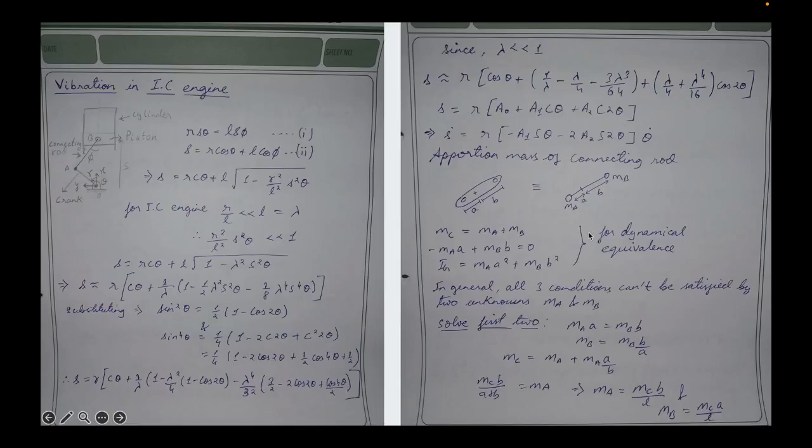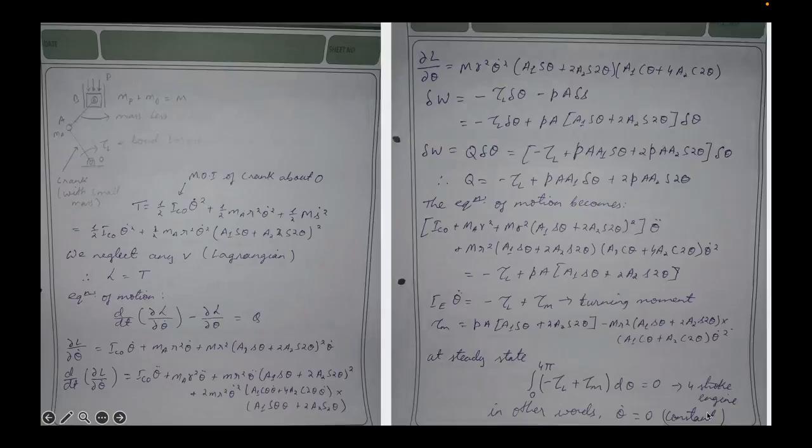So for the dynamical equivalence, we can write three equations for the moment of mass. In general, all three conditions can't be satisfied by the two unknowns, that is MA and MB. By solving the first two, we can get MA and MB as follows: MA is equal to MC plus MC into B by L, and MB is equal to MC into A by L. And if we want to find the equation of motion, we carry out the moment of inertia